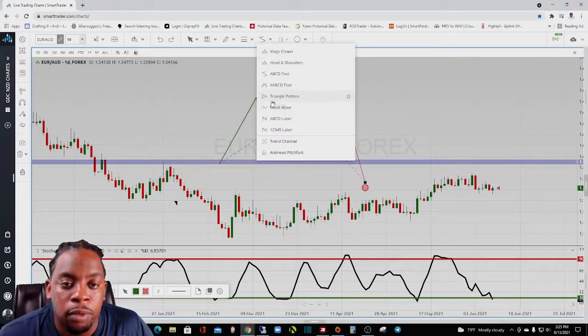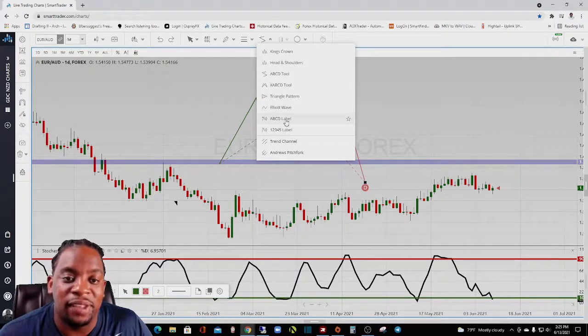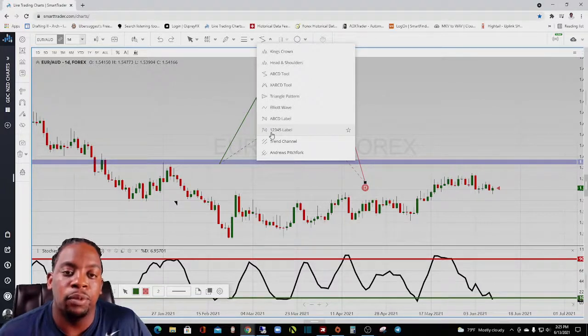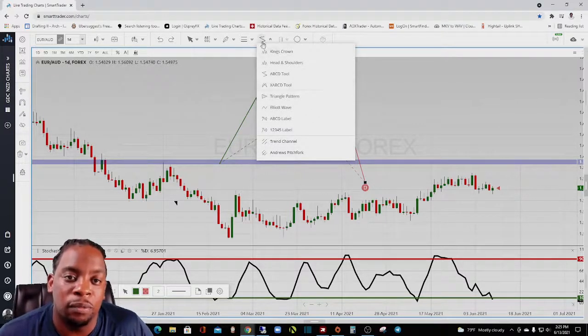From there, we have our Elliott Wave. If you're interested in Elliott Wave, you can use that. Your ABCD label basically allows you to place in the actual letter. You have your 1, 2, 3, 4, 5 label, which is essentially like your ABCD label and being able to show from there. You have your trend channel and Andrew's pitchfork, which basically ends up showing support and resistance